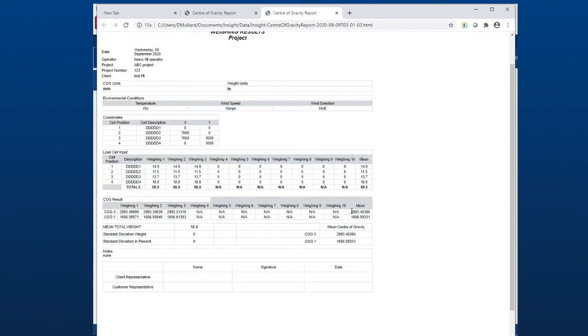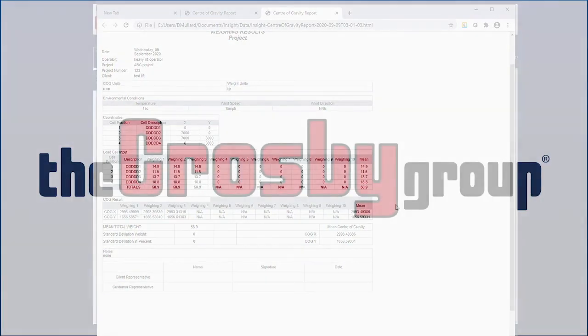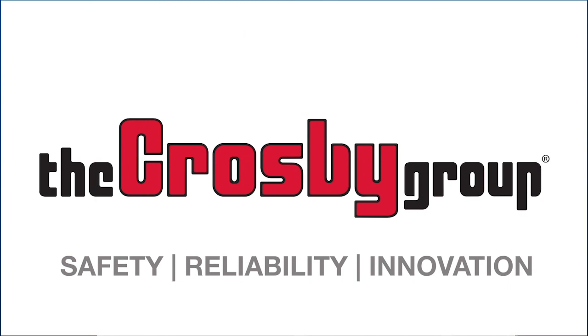But for objects that are several meters long by several meters wide, you will get the most accurate results by putting those in millimeters. But you'll see the average from the 3 weighings is 2993 on the x-axis and 1656 on the y-axis, and the mean weight from our 3 weighings